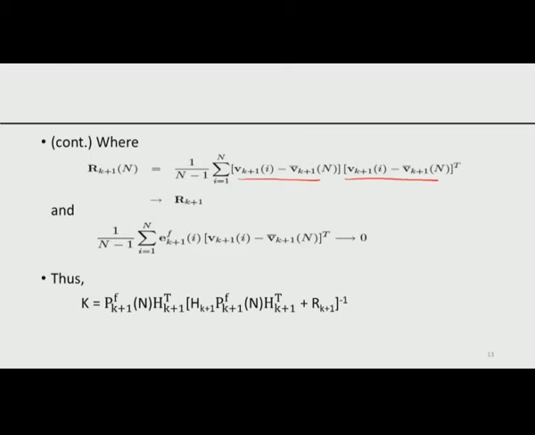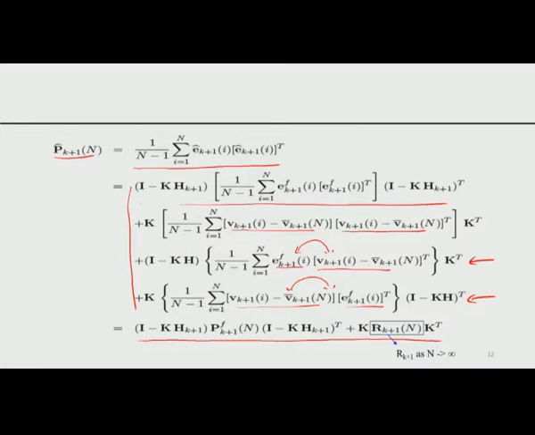It can be shown that the cross covariance goes to zero. What is the cross covariance? This is the forecast error of the ith ensemble member, and this is the anomaly of the ith realization of the observation noise. The cross covariance of that, as n goes to infinity, goes to 0. Therefore, in the previous slide, the third term and the fourth term automatically go to 0.